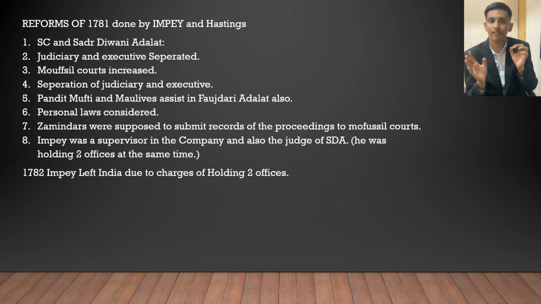So in 1774, a Regulating Act was passed, and in this Regulating Act and the charter of 1774, the Supreme Court was established in Calcutta. So what happened was the Supreme Court was established, and there were also Sadar Diwani Adalat and Sadar Faujdari Adalat. These systems were colliding with each other, and it created many problems, due to which these reforms took place. So judiciary and executive were sort of separated, and the number of courts was increased because they were exercising their separate jurisdictions, and the Supreme Court was exercising its separate jurisdiction.